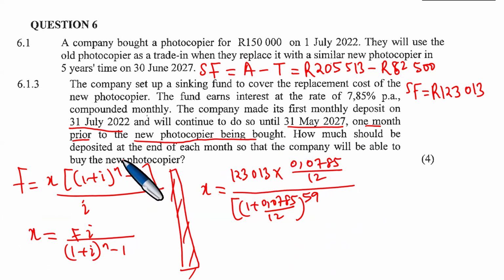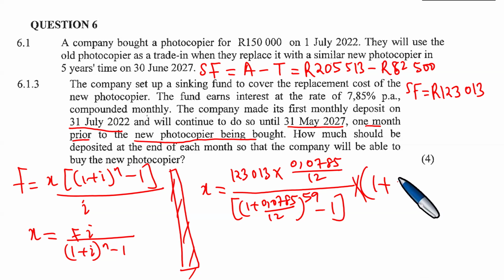How much should be deposited at the end of each month so that the company will be able to buy the new photocopier? So now it's 1 month prior that these payments are going to be made. So you're going to be 60 minus 1, which is 59. Right. And that is what you were able to achieve here. And now, yes, please. Yeah, I got 1,715.716, when you do all this. Yes. All right, good. But now then you're going to have to say it is multiplied by